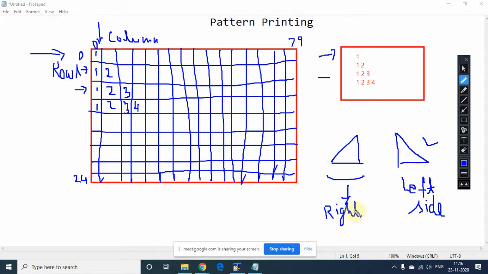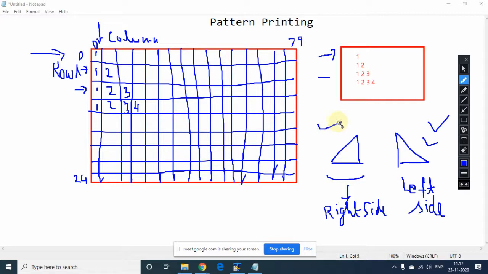Initially we will start from the left side pattern. So we can divide pattern printing in 2 categories, the left side category and the right side category.